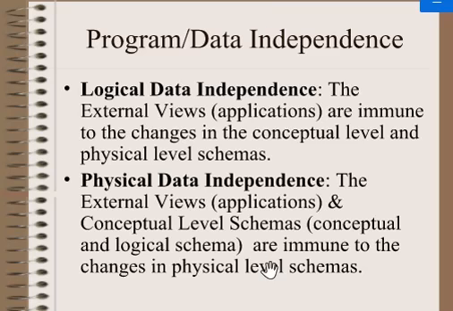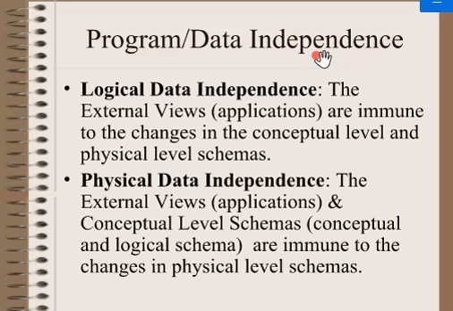Next, we have a very important topic, that is data independence. As I told in the previous class, the three schema architecture always supports the characteristics of the database system. What are the characteristics of the database system? Self-describing nature of the data, yes or no? Then we have data abstraction, isolation between the program and the data, support of multiple user views, yes or no? Like that, we have many characteristics, which we basically discussed. Here, those characteristics are supported using data independence.